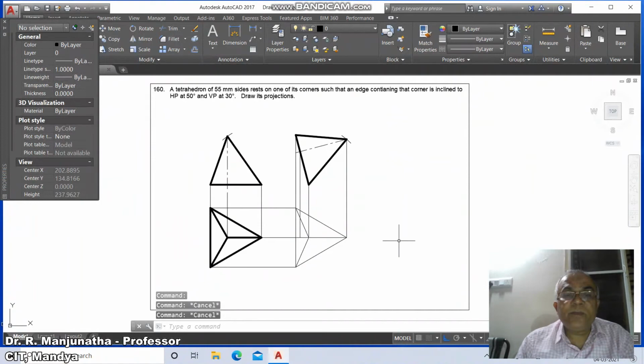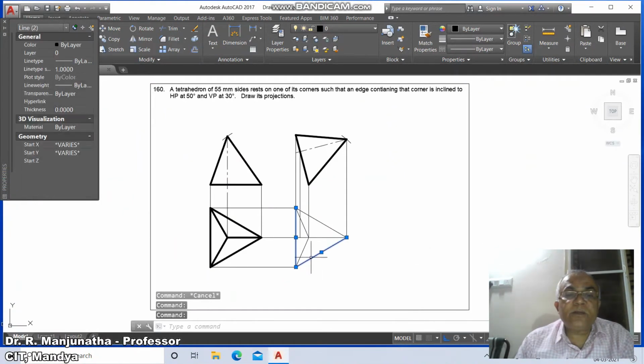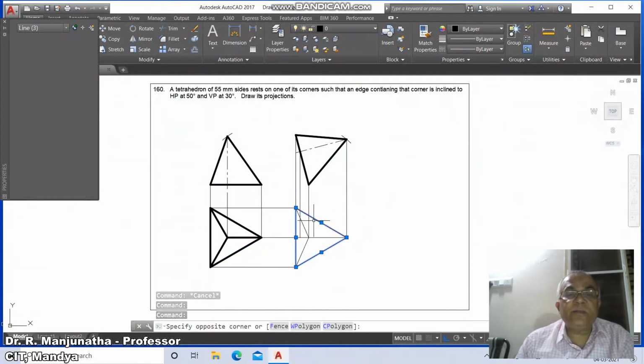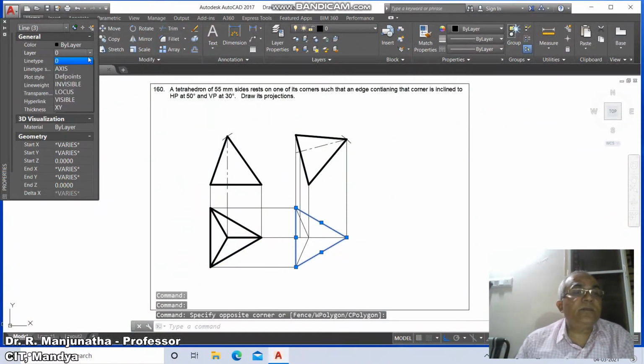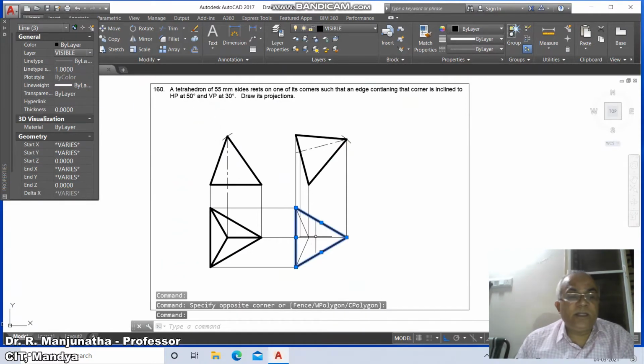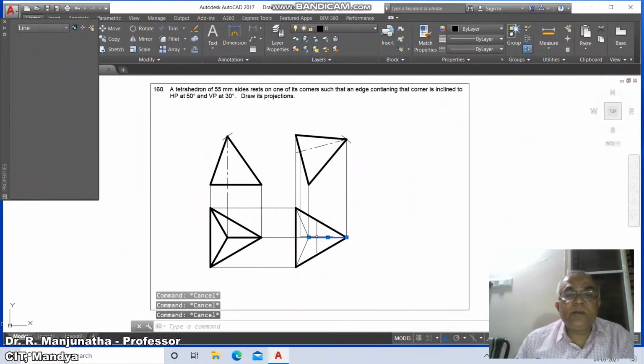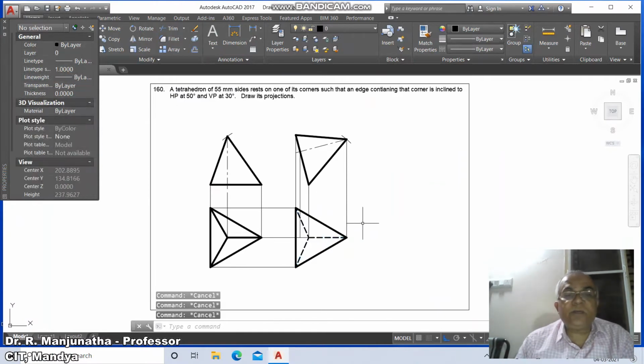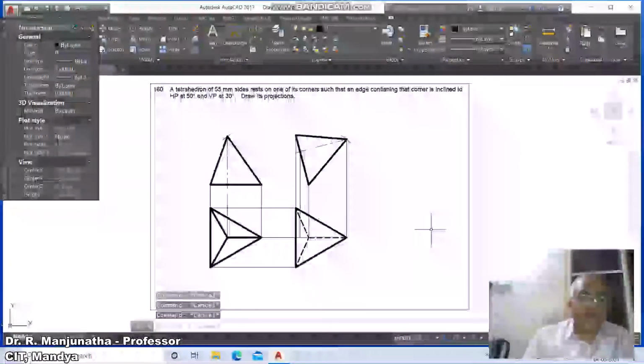So here you're going to get this, then go to select this, you select this and you select this and you make this as the visible edges, you make this as visible and then escape, then you select this, you select this and you select this and you make this as invisible edges and make this distance as 10, then you make this as 20, then you just go to group command, so group this,